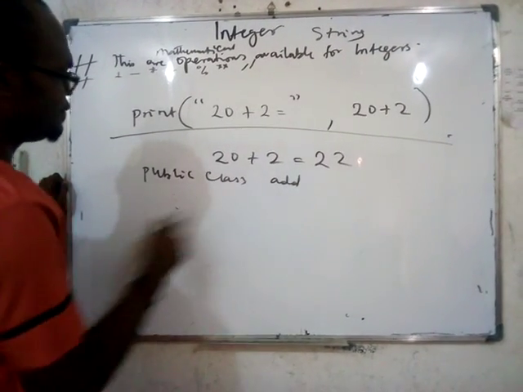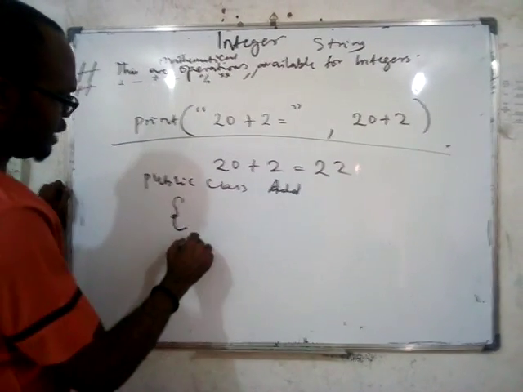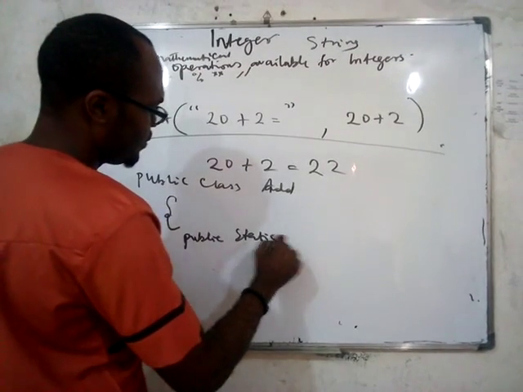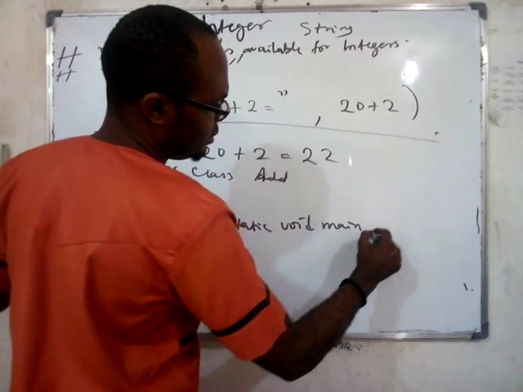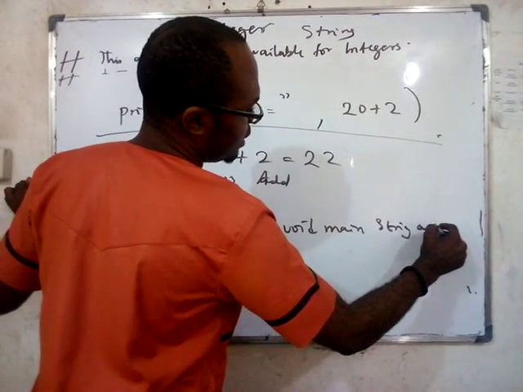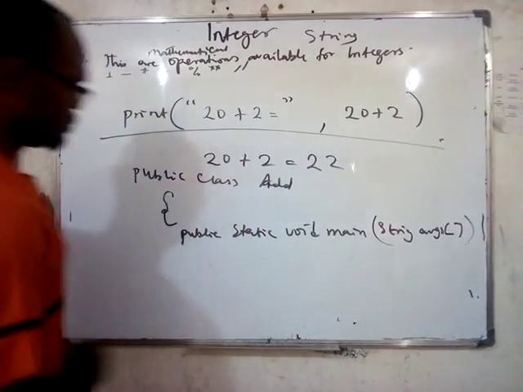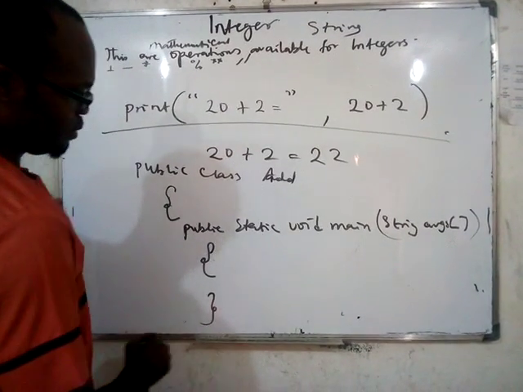Public class add, then you put this, then you write public static void main, string args, then inside another curly bracket you have